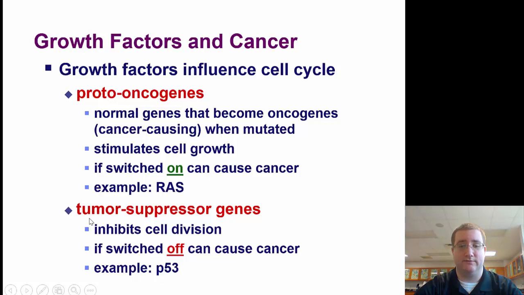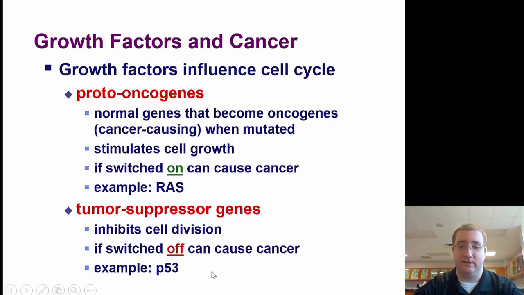Conversely, you also have genes that are there to stop cell division. We call these tumor suppressor genes or tumor suppressor proteins. These are the proteins that are going to inhibit cell division, so that when they're turned on, they're stopping the cell from dividing. The issue is, if there's a mutation in them and they no longer function properly, then there's no longer any brake on the system and the cell is going to divide like crazy.